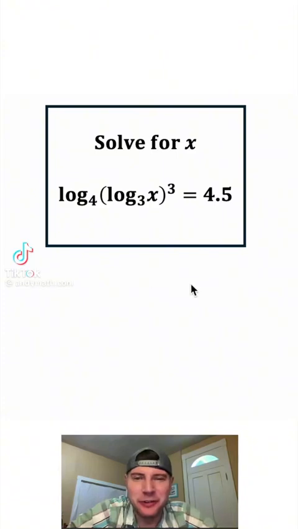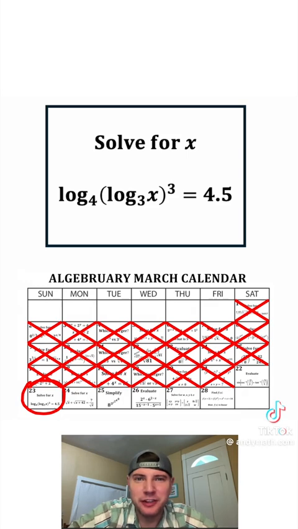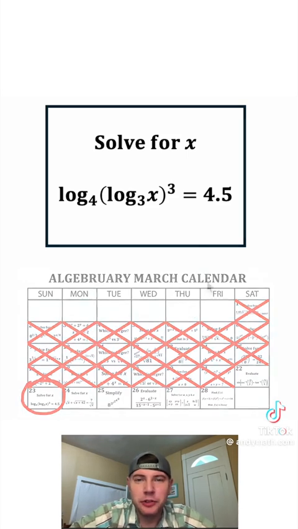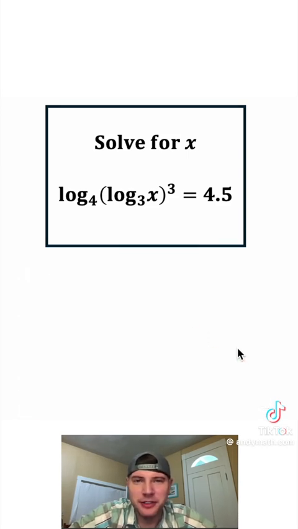Hey guys, this looks like a fun one. It says solve for x. We're given log base 4 of the quantity log base 3 of x whole thing cubed equals 4.5. This is day 23 of our Algebraic March calendar. If you want to try it on your own, pause it right now because I'm going to solve it in